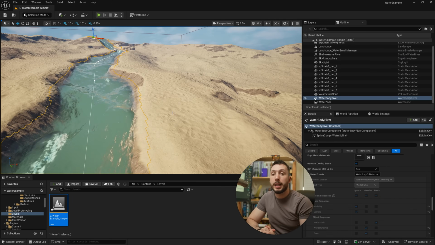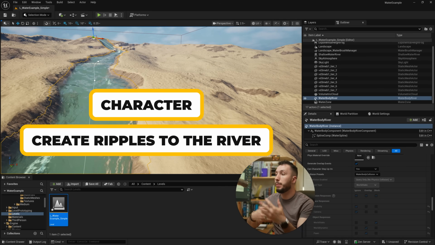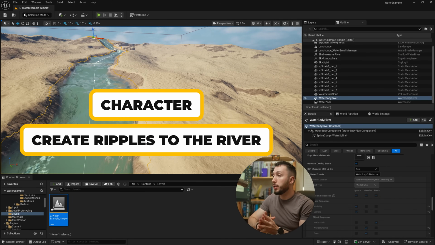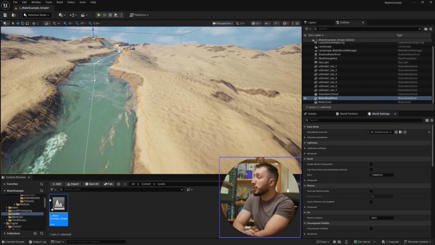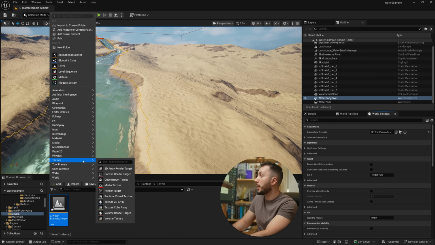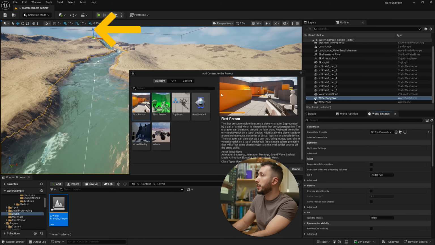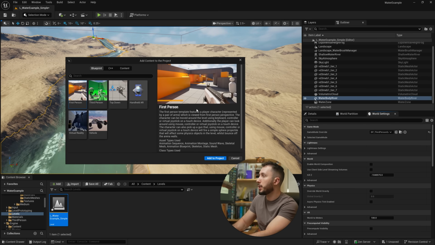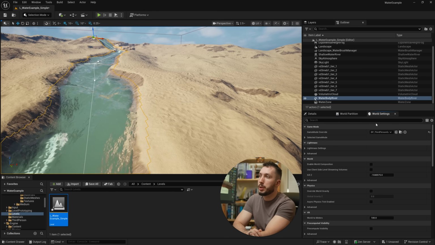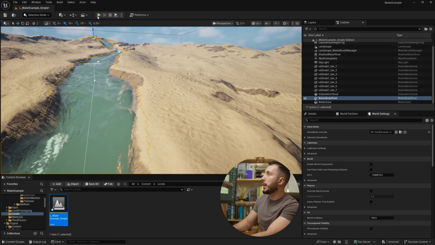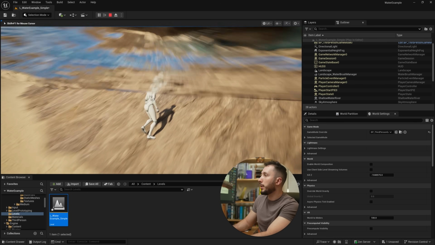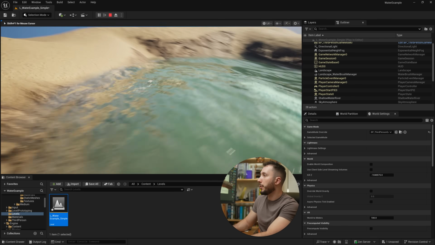All right, so let's next get our character to create ripples in the river as the character runs through it. I've added the third person starter content to my project. You can always do that by hitting the add plus button and coming up to add feature or content pack, and add the third person character to your project. I've already done that, so in the world settings, I can set the game mode override to third person game mode, and then when I hit play,